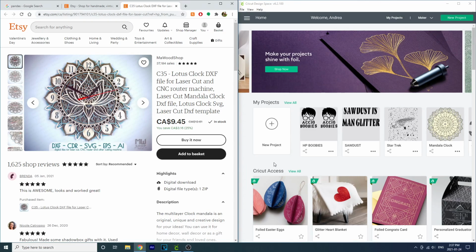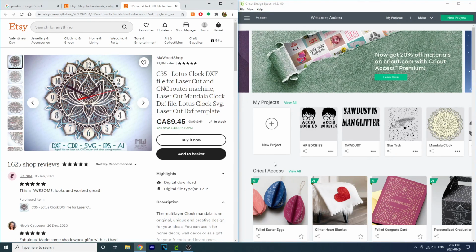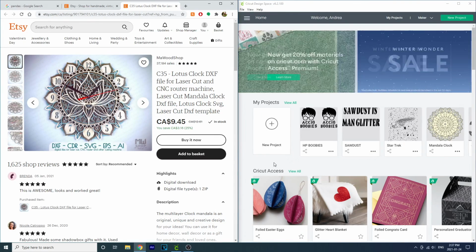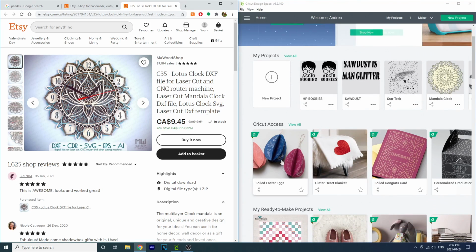I'm going to show you where to find some projects that are already ready-made. I'm going to show you where to find some SVGs that are already made, and how to make your own SVGs from files that you find on Google. So let's get started. So as you can see on my right hand side here, there are all these Cricut